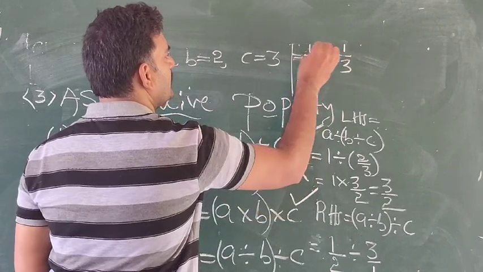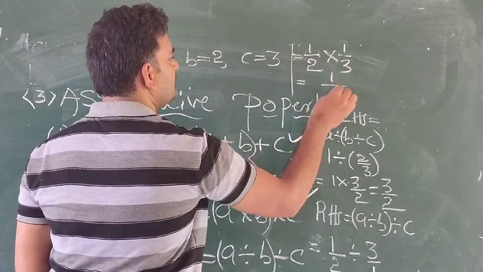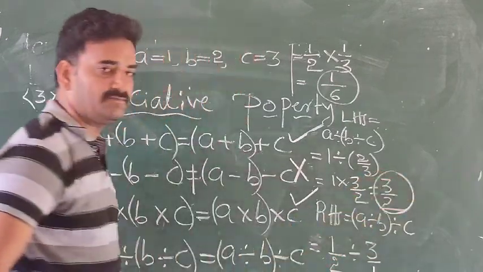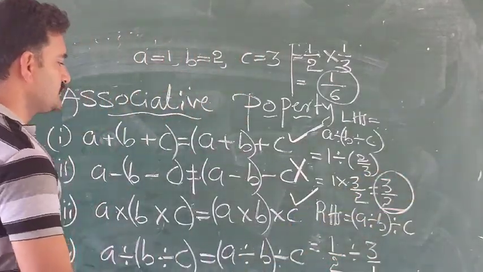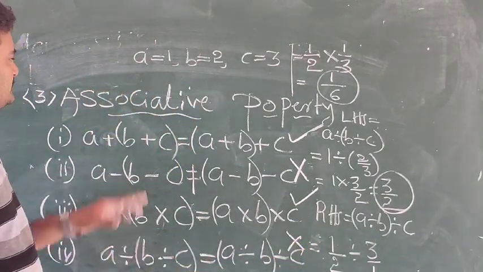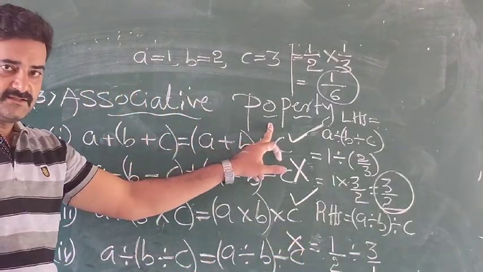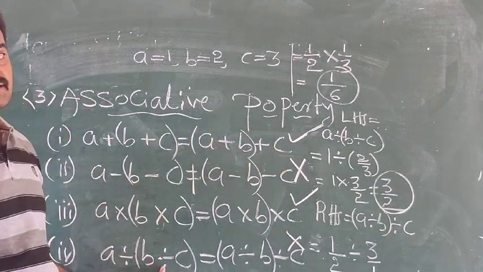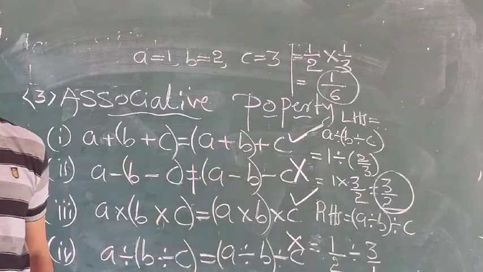Now 1 1s are 1, 2 3s are 6. Now you see this number and this number, both are same? No. So no means it does not hold good. That means associative property does not hold good in division. Okay? So